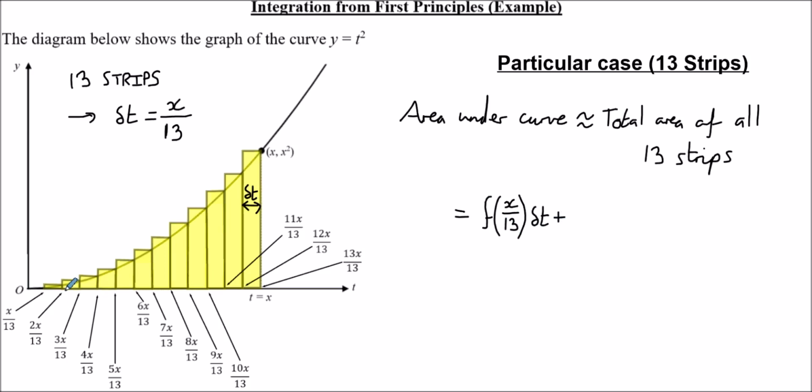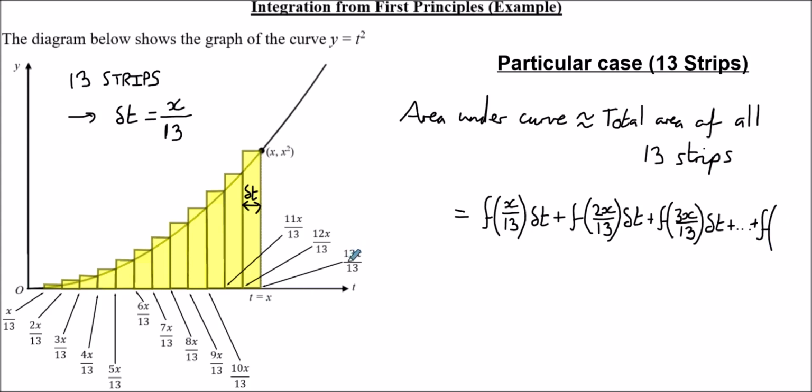The next strip here, okay, that's going to have a height of the function of 2x over 13. So that's going to be 2x over 13 all squared. But for now, I'm just going to leave it as f of 2x over 13. That's the height of it. And we're going to multiply that by the width, which again is delta t. The next one will have a height of f of 3x over 13. Hopefully you can see the pattern now. Multiplied by delta t, plus so on and so on and so on, until eventually we have f of